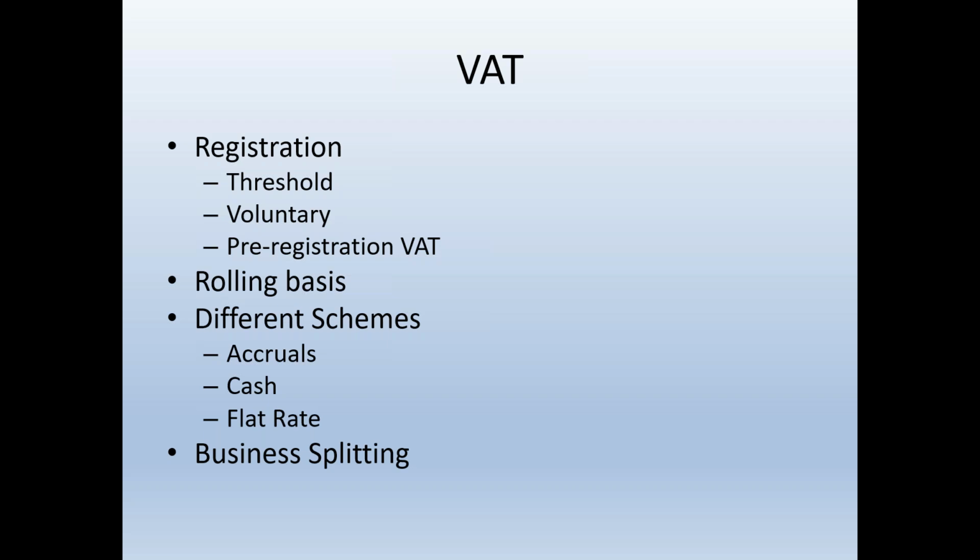Anyway, we move on to VAT. We don't cover VAT in any great depth in the course, but there are a few areas that it's worth knowing. One is registration. I know many of you will be quite familiar with how VAT works, but some of the items that we're showing here you might not be particularly familiar with. So with registration, there's a threshold of £85,000. If your taxable supplies exceed £85,000, then you have no option but to register for VAT. You can register voluntarily if your turnover is below that, and you may, for example, have a client who's a builder